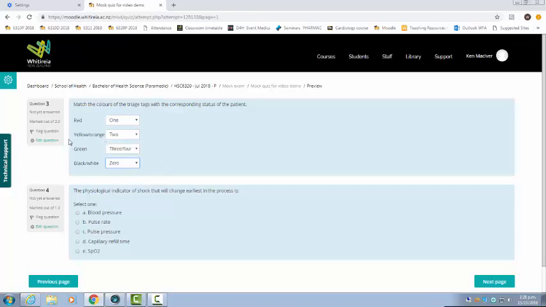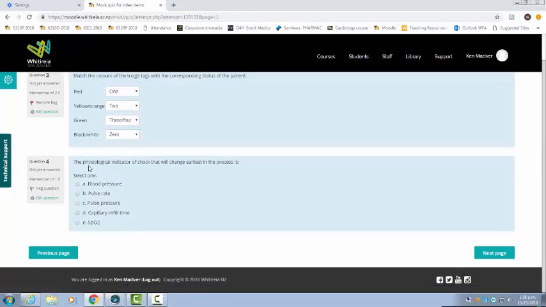But let's just say I couldn't quite remember one and I was really stumped on this question. Maybe I've got 3 out of the 4 and I want to come back to it. What I can do is go flag the question, and a little red flag comes up, allowing me to navigate back to it really easily. So I'm going to continue on and